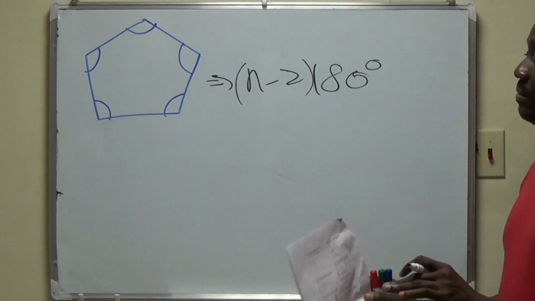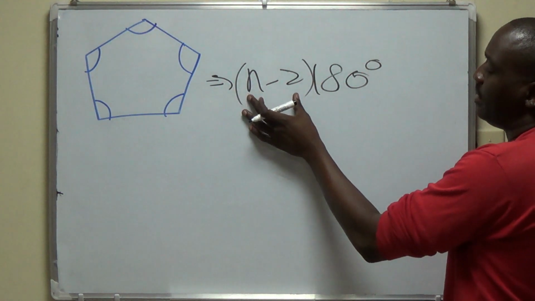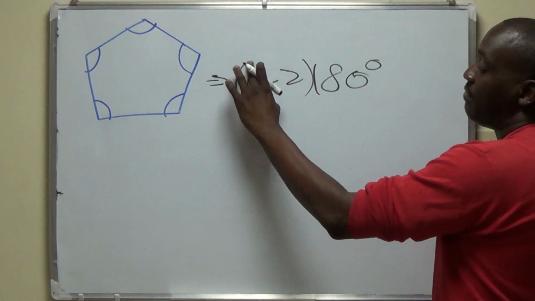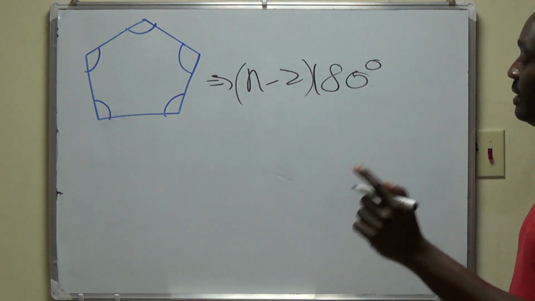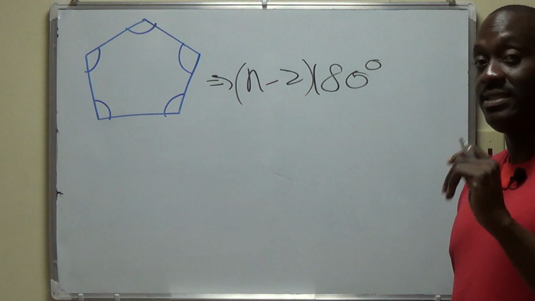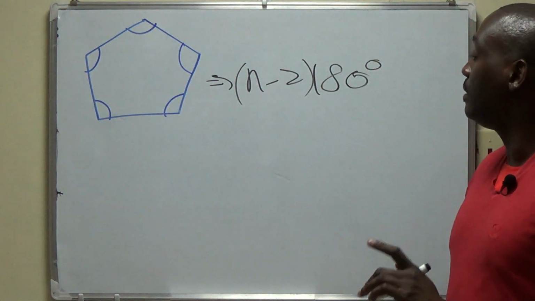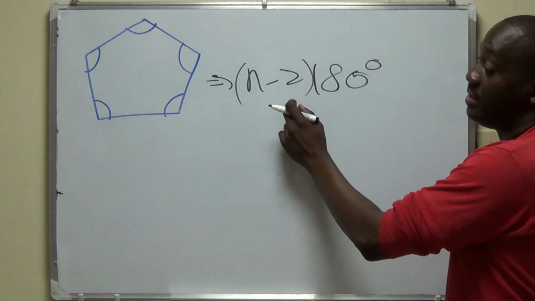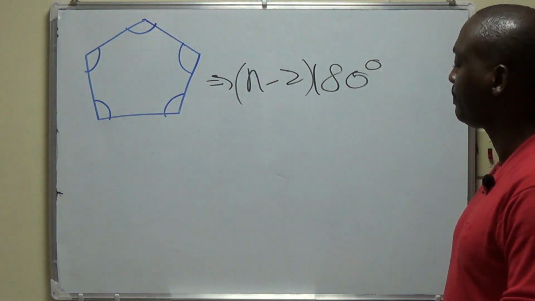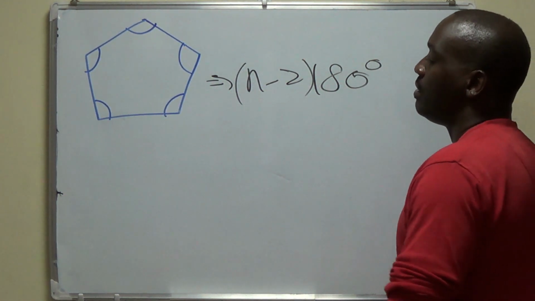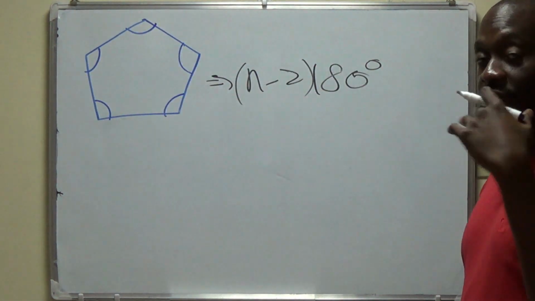Now we come into some somewhat unfamiliar territory. We're dealing with a pentagon. If we have a pentagon where n is equal to 5, so 5 minus 2 is equal to 3. 3 by 180 is 540. So in this case, the sum of the interior angles of a pentagon, it doesn't have to be regular, would be 5 minus 2 is 3. 3 by 180 is 540 degrees. So we know therefore that all of these angles in this pentagon, which just to remind you is not regular,